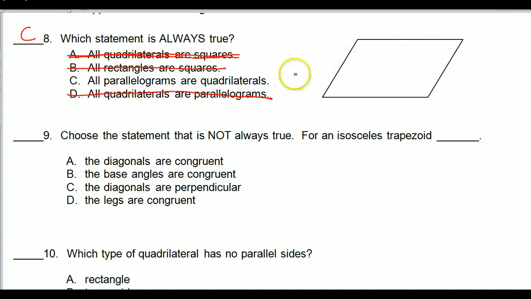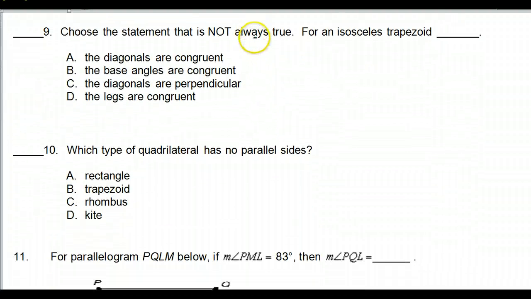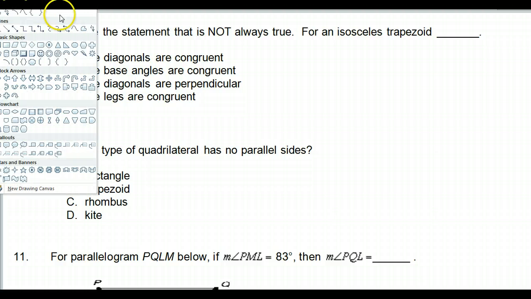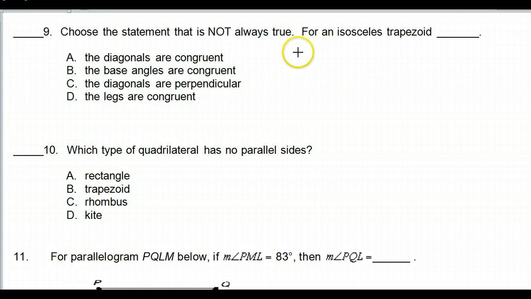Okay, so there you have it. All parallelograms have 4 sides. That is always true. Number 9, choose the statement that is not always true for an isosceles trapezoid. Okay, well, to answer this correctly, you kind of need to know what an isosceles trapezoid